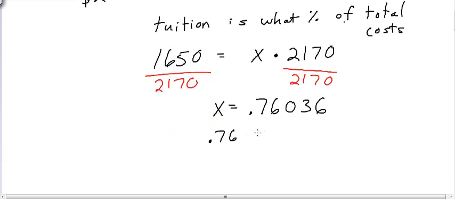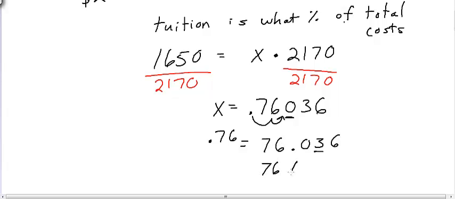I want to round my percentages to the nearest tenth of a percent, so I use my rounding. After moving my decimal point 2 spaces to the right, that would put my new decimal point between the 6 and the 0. Using rounding, should I round 0 up to 1 or keep it at 0? Looking at the previous term, it's a 3, which is less than 5, so I keep it as 76.0